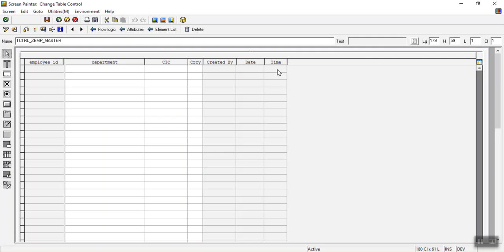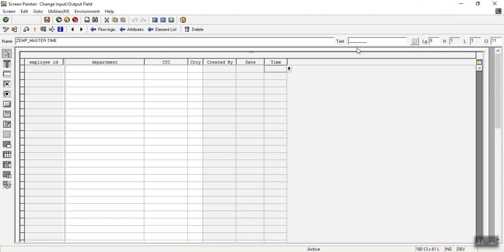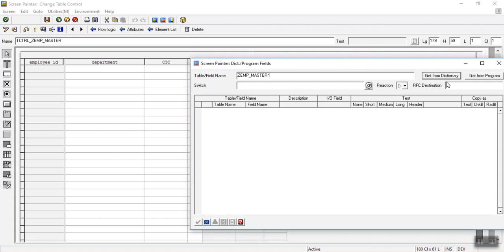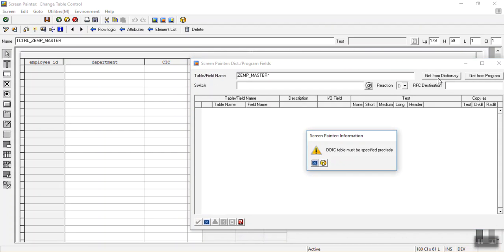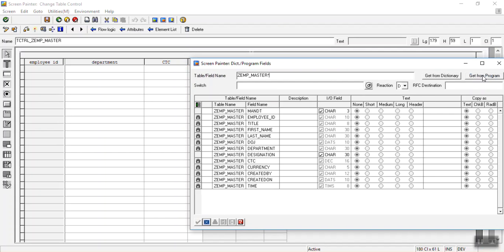Now if you see here, double click here, so you can see the table name hyphen the field name. If you want to add the field, click here, that is dictionary program fields, give the table name, that is ZEMP_master,